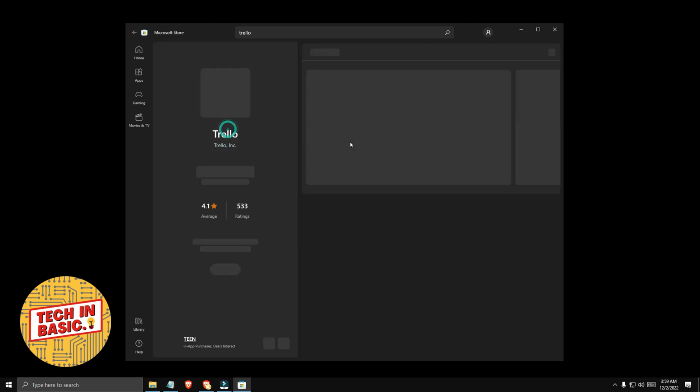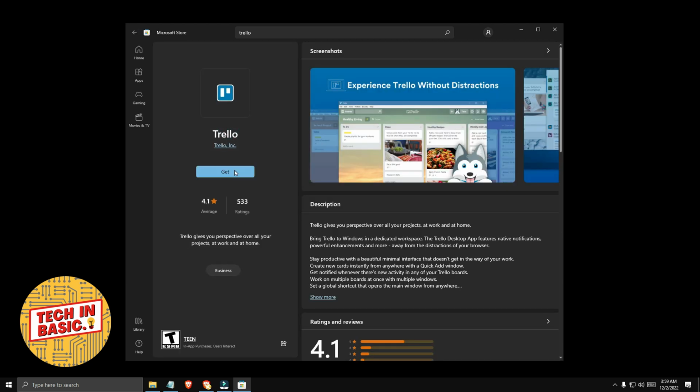and you can click it and tap or click the get button. After that, you can wait until it will be installed. Once it's been installed, you can open it